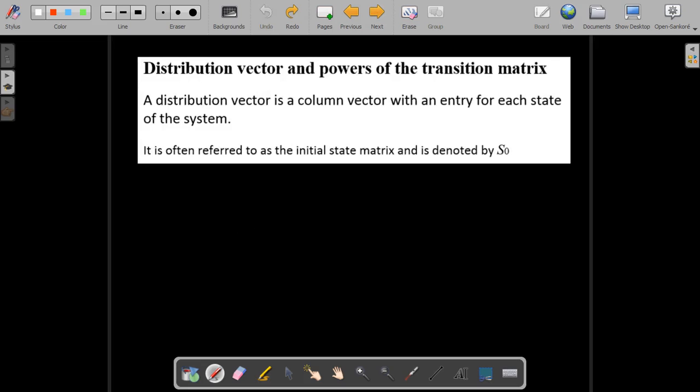The next thing to look at is what's called the distribution vector and powers of transition matrices. So a distribution vector is a column vector with an entry for each state of the system. So it is often referred to as the initial state matrix, and we denote it by S0. And what it means is our initial state